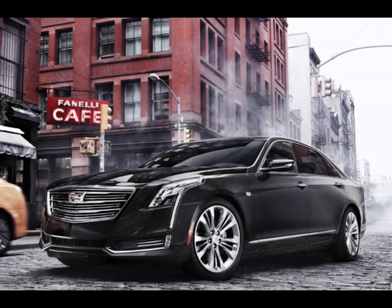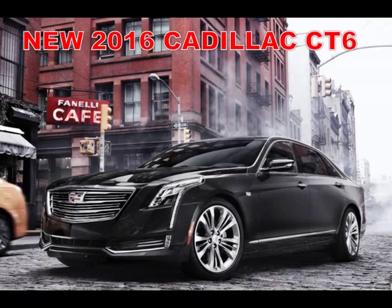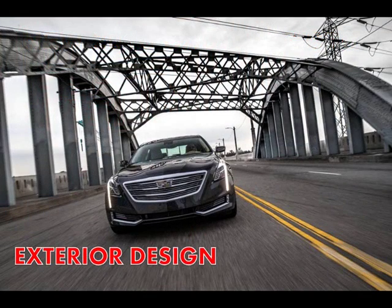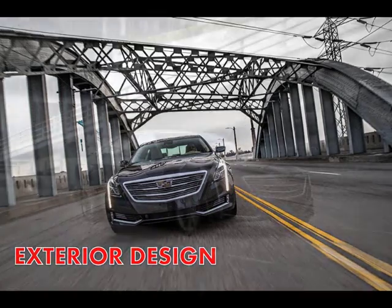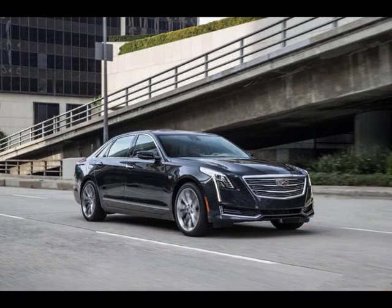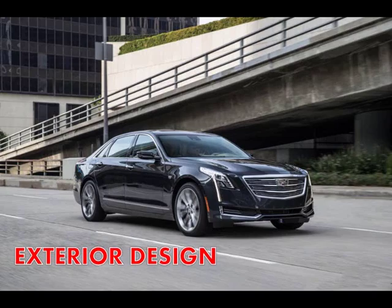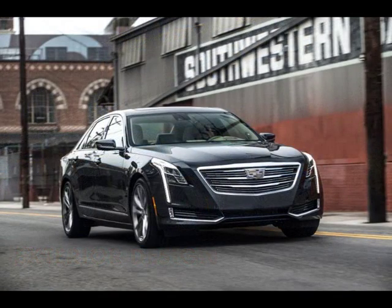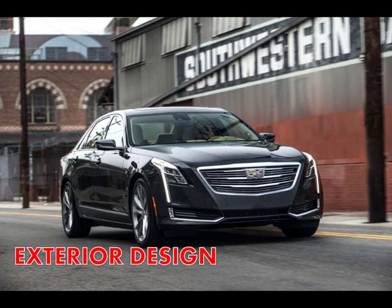Cadillac has a problem. Over the past few years it has developed and delivered a pair of sedans, the ATS and CTS, that are as good as or better than anything Europe has to offer. And yet, car sales were down last year, and those cars really haven't put a dent in the sales of the class leaders. For instance, Cadillac sold